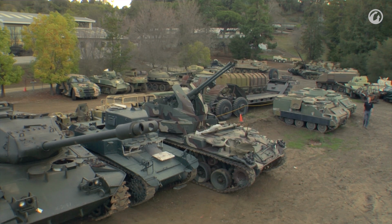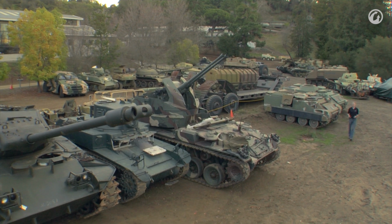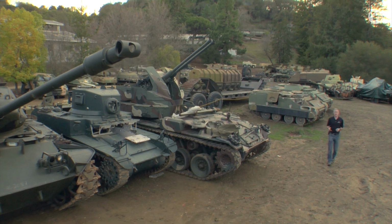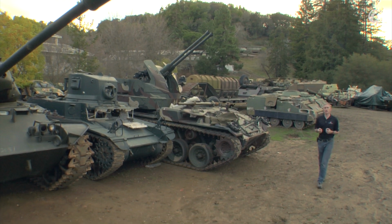The Littlefield collection is famous for having a huge number of serviceable vehicles. That's why we've been coming here to film inside the Chieftain's hatch so much. With the passing of the owner, the collection is being partially split up. So in order to take advantage of the vehicles while they're still here, we're doing a series of short videos,